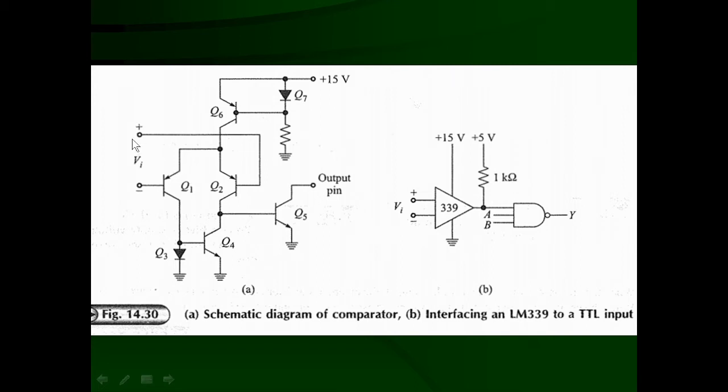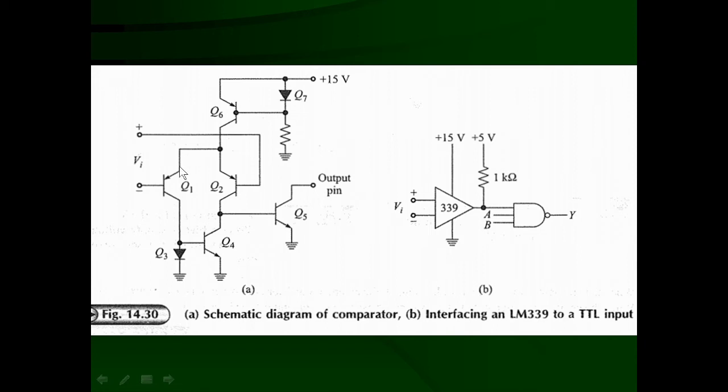So if the base of this one, that means this terminal, is going to be more positive, that means here there is 15 volt. Here is also going to be, because it is conducting, slightly less than 15 volt. This base emitter junction is going to be reverse bias. So transistor Q2 is not conducting. But at that time, transistor Q1 is conducting,